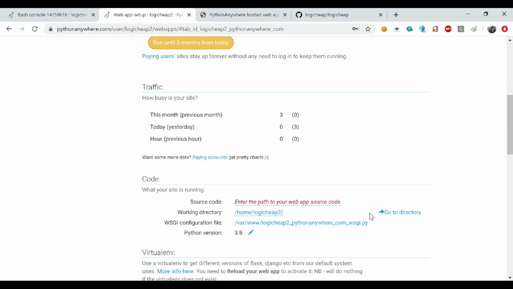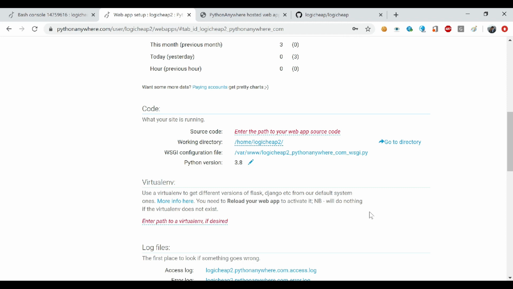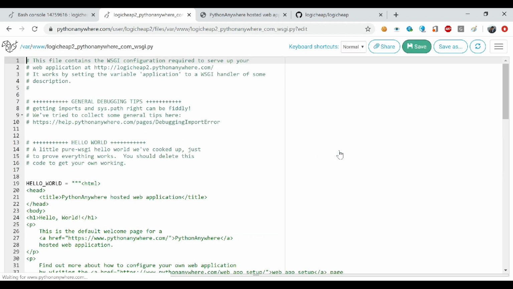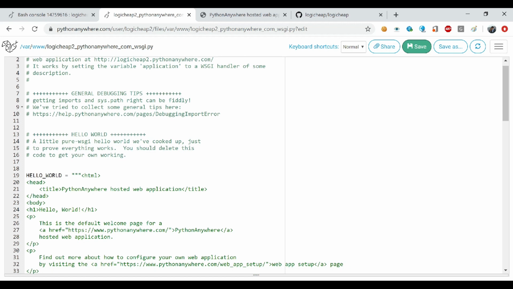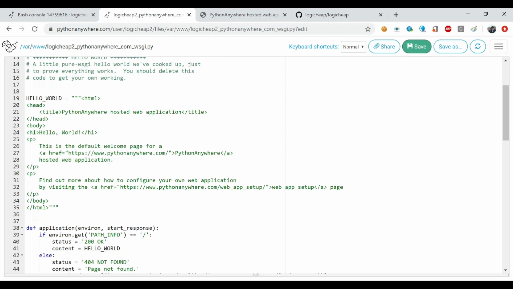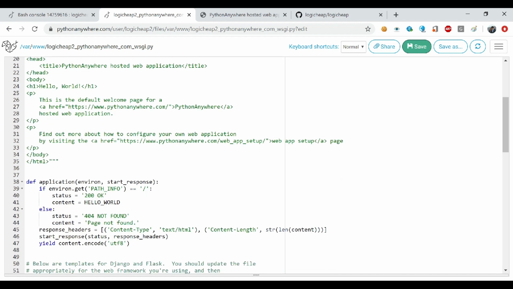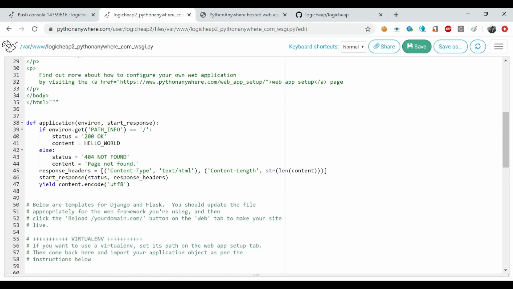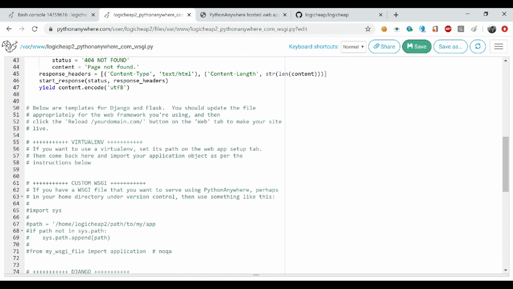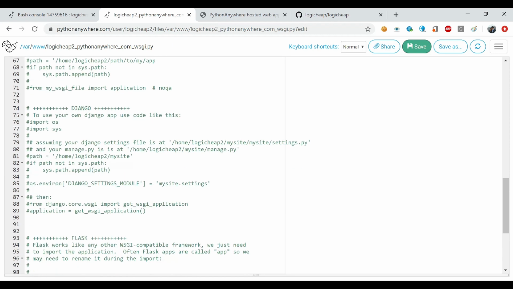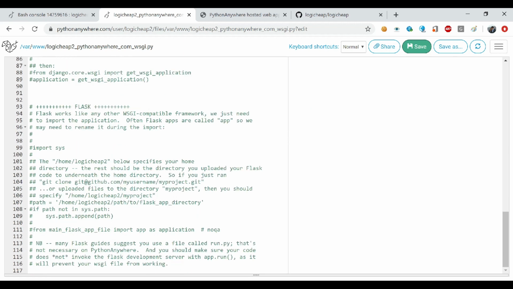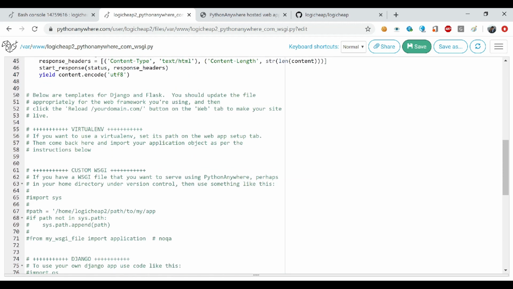It helps the server to point to your application that you have created in your virtual environment just now. So this is our WSGI file. Currently, a Hello World response is getting sent by it, and thus we saw the Hello World page when we tried to load our website. The template is given here. We just need to make a few changes in this file, and then we'll be good to go to host our project.